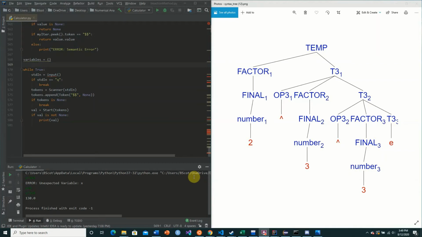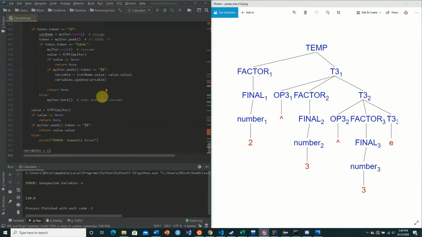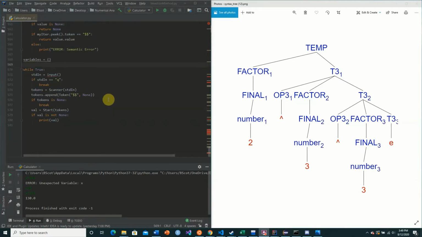Welcome back to this YouTube tutorial series on creating a recursive descent parser for a calculator language. In today's video, we're going to be implementing some extendability of our calculator and then also fixing up an error that occurred that I forgot to check up on. So if I was to give the following example of 2 raised to the third